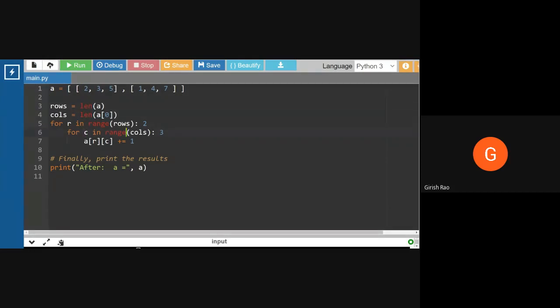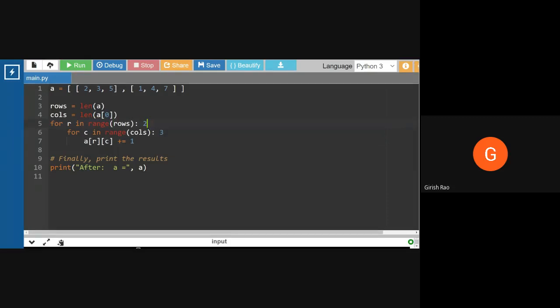Okay. Now inner loop will continue. What is the value of C now? It is 1. That means R will still be 0. It will be 0, 1. That means where we are now? Over here. Add 1 to it, it becomes 4. Over here, what is the value of C now? It is 2. So 0, 2. At 0, 2, what I have? I have 5. Add 1 to it, it becomes 6. Clear? The loop is over.